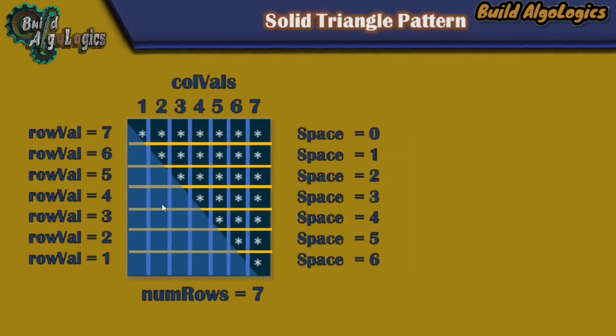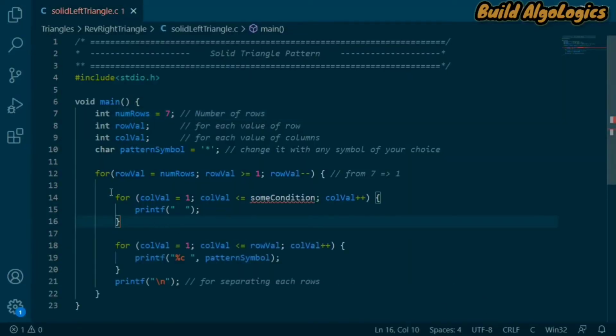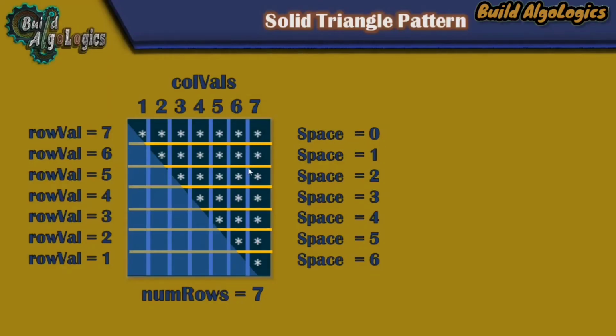Here in this pattern, for the second row 1 space is printed and for the third row 2 spaces are printed. Also for the fourth row 3 spaces are printed and so on. You may notice that for the first row there is no extra space. So for printing spaces before printing these stars, we can use one another for loop like this in our previous code. Now we have to run this loop different number of times for each row. So as you can see, for the first row this loop will not run, and for the second row this loop needs to run 1 time, and for the third row it should run 2 times and so on.